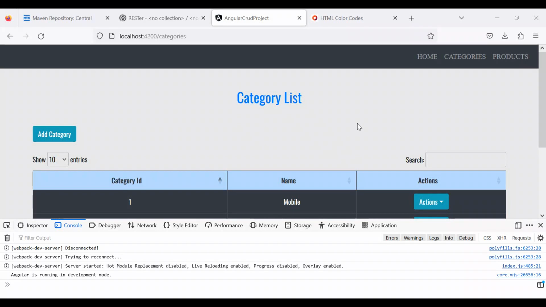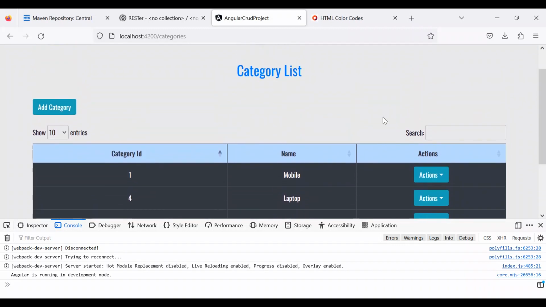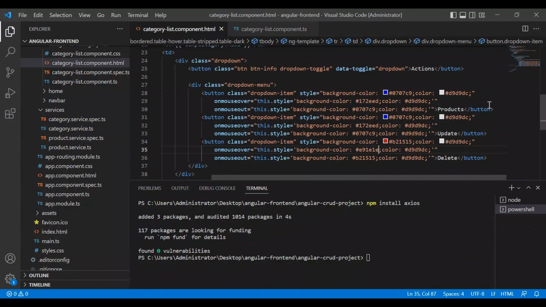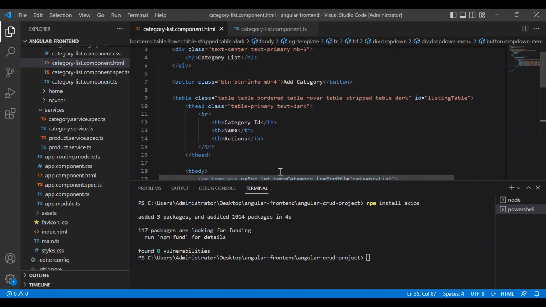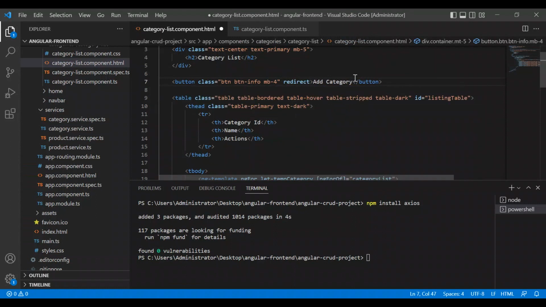Everything is looking good so far, and let's continue with our application. Now, the next thing that we want to do is add some new category. And the first thing that we are going to do, in category list component.html, we have created this button add category, and we can create a click event